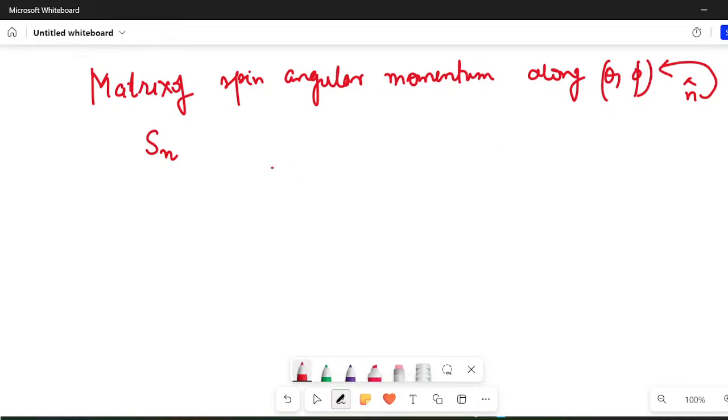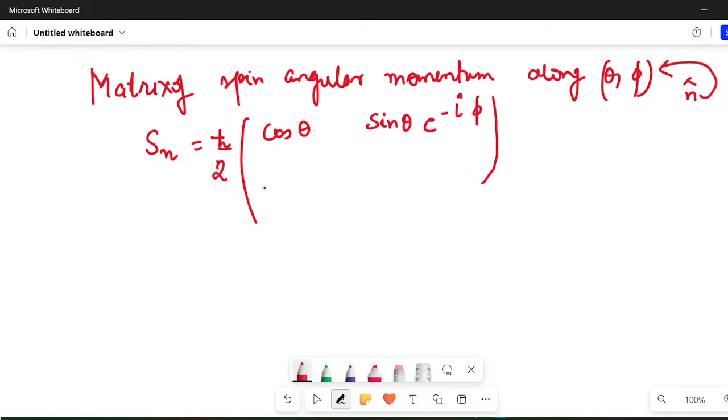This Sn is given by all these things I'm going to teach you. Don't worry, right now I'm just taking them as an example here, so that you can have some sense of the physics behind it. Otherwise you will think that it is all maths. So cos theta, sin theta, and here you have e to the power minus iota phi, and here you have sin theta, and here you have e to the power iota phi, and here you have minus cos theta. Now this is a matrix of spin angular momentum along any direction theta comma phi, and